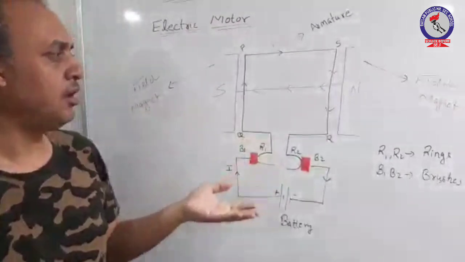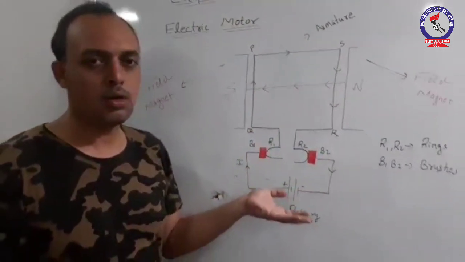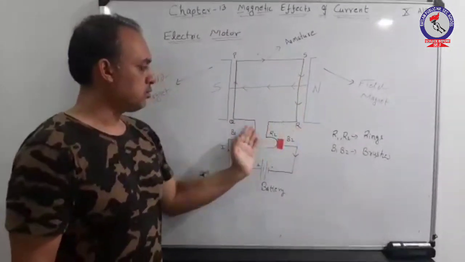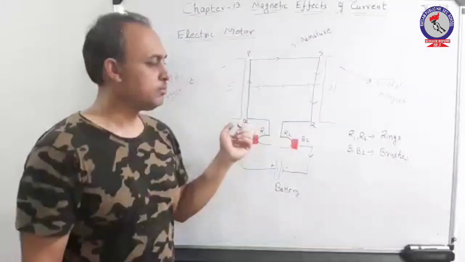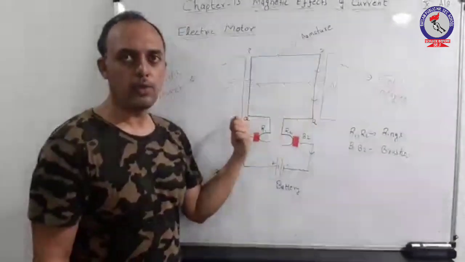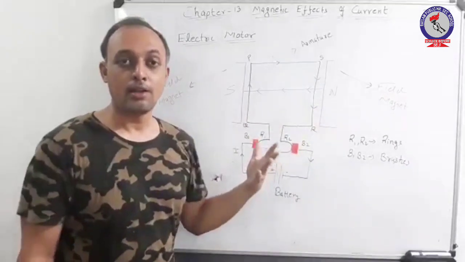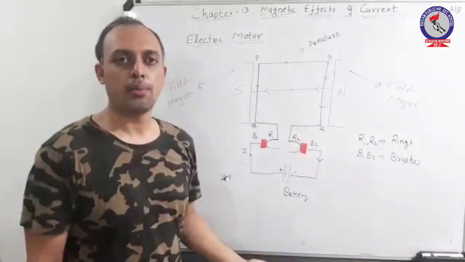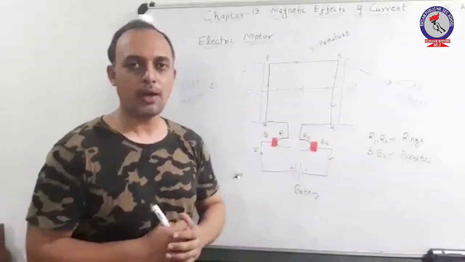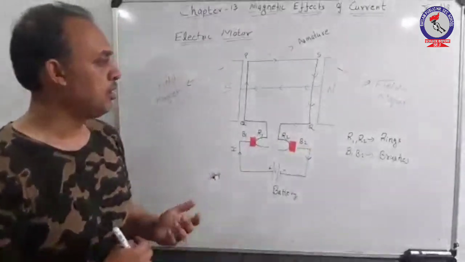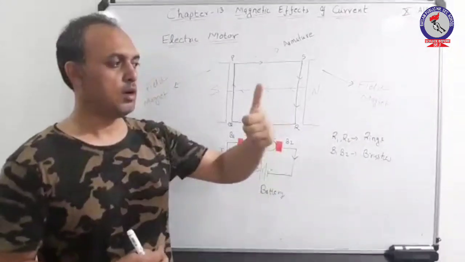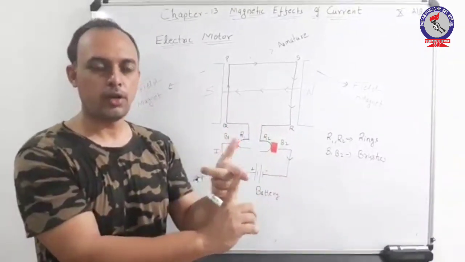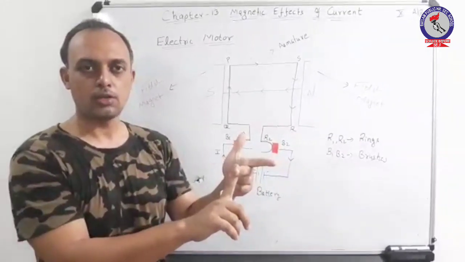Now, as I have just said, the principle of a DC motor is that whenever a current carrying coil, so you can observe this current carrying armature coil which is kept in a strong magnetic field, it will experience a torque, and the direction of the force producing the torque can be simply calculated by applying Fleming's left-hand rule. So let us apply Fleming's left-hand rule in this concept. As we all know, our thumb points in the direction of force, first finger gives the direction of field, and central finger gives the direction of current.